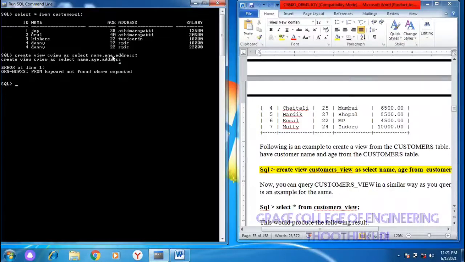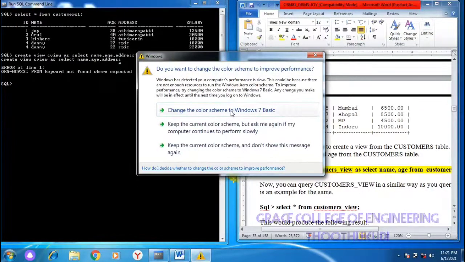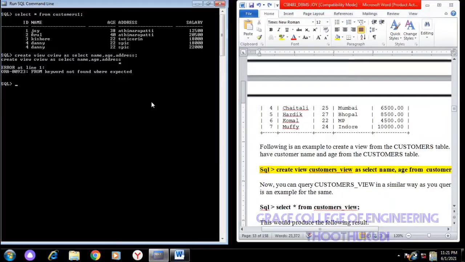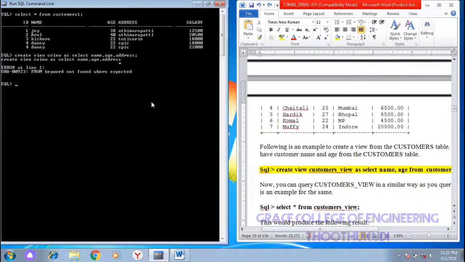So write the table from which you are creating the view. The statement is create view C view, which is the view name, as select the columns from the customer table.